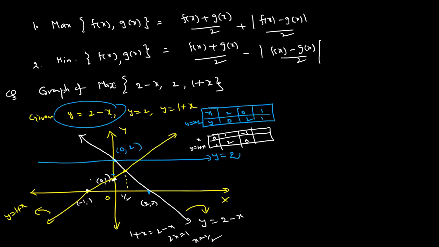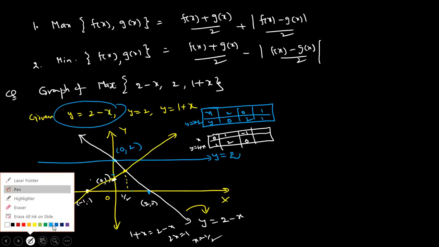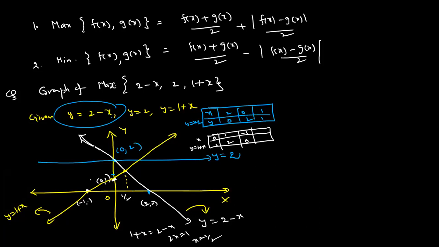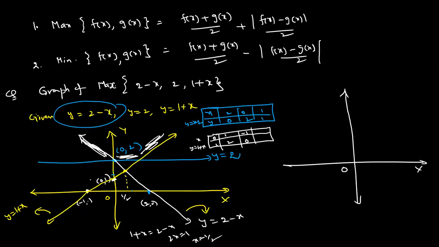Now, the picture is what your maximum. What is the maximum diagram? Now see, dear students, maximum means how, what is the diagram that is coming? See, I'm drawing the picture, this one and this one. This one is coming maximum. Zero. See, the maximum diagram is coming. Like that, see. This is the graph.